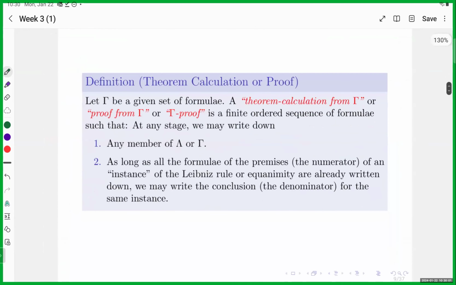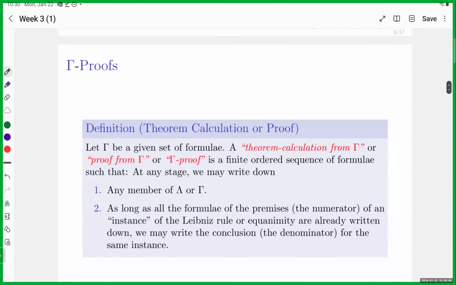Now, another important notion, and this is the first notion that we need towards building our proof system. So what do we mean by a proof? What is a proof? A proof or a theorem calculation is defined as follows. Suppose gamma is a set of formulas. Now, a theorem calculation from gamma, or as we call it, a proof from gamma, or even simpler, a gamma proof,